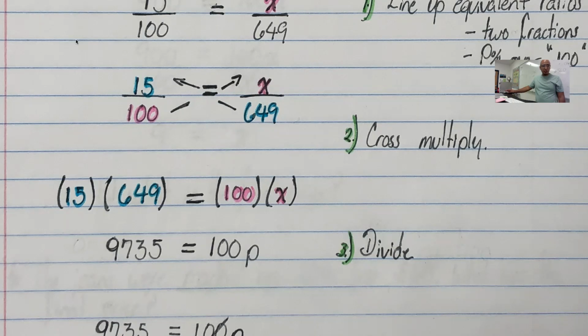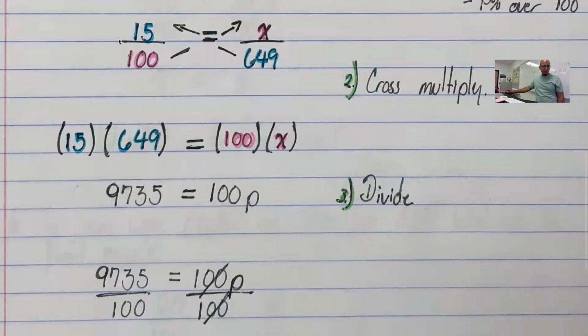This should all be very familiar. Now, step number 3. Firstly, let me simplify this a little bit. If I multiply 15 times 649, that gives me 9,735. So I'm left with 9,735 on one side and 100X on the other. Final step, ladies and gentlemen, we're going to divide, and we're going to divide by the number